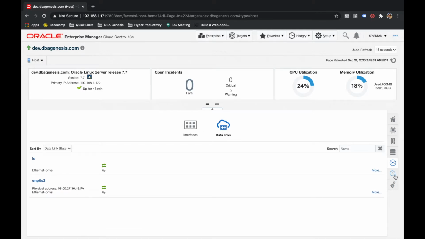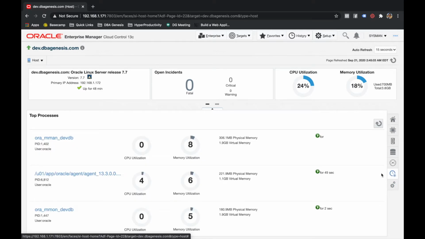And I think the next one will give you the top processes that are running on the server. So let's take someone is complaining, hey, you know what, the system is slow, or this process is taking more of the memory and all. Sometimes we do get this kind of request from the system admin team. So what you can do is you can quickly jump onto this menu and go through the top processes that are running on the server, and you will get to know the exact picture which process is taking much of the memory or the CPU, right?